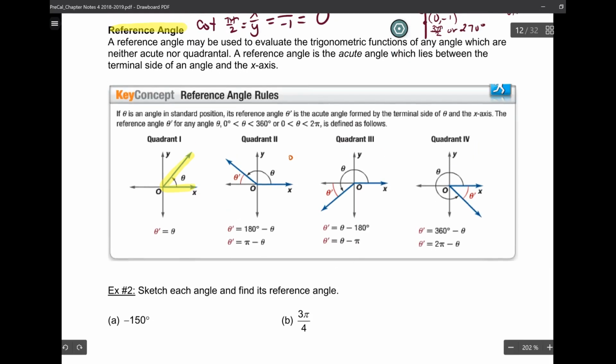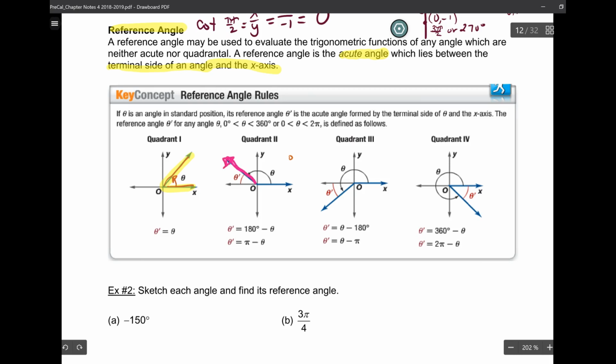So to be clear, the reference angle is going to be the acute angle between the terminal side of the angle and the x-axis. So in our first quadrant, it's pretty simple because here's the terminal and here's the x-axis, and clearly our reference angle is just going to be equal to our angle as long as it's less than 90 degrees, aka in quadrant 1. However, if we have a terminal